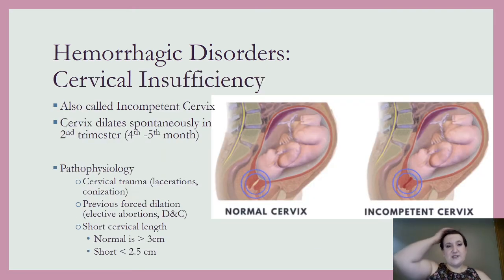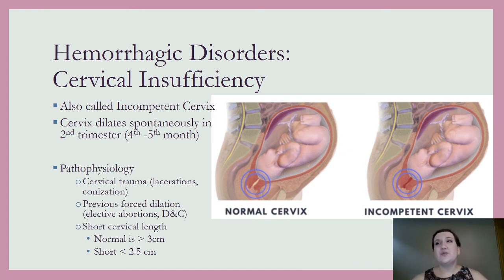Cervical insufficiency, or an incompetent cervix, is when we have weak cervical tissue. We could have painless, passive dilation of the cervix during the second trimester without any known cause. So that woman is going to have some vaginal bleeding. She comes in to get checked out, and the doctor says, you are actually dilated to 2 or 3 centimeters. And that's not great because it's way too early in the pregnancy to have this happen.